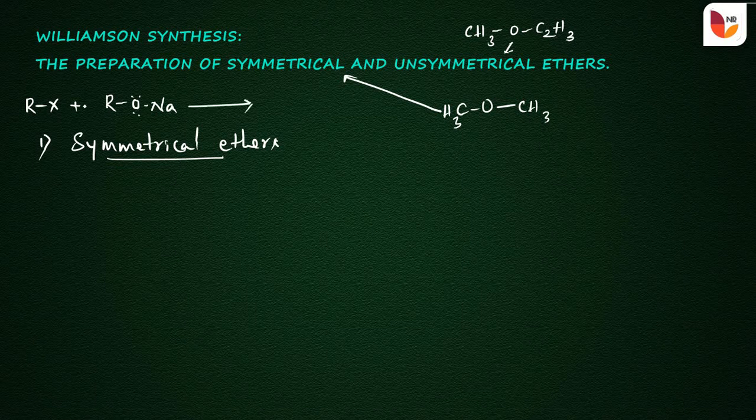So there is an elimination of halogen along with the sodium. That is, the negative part in the alkyl halide is halogen and the positive part in the sodium alkoxide is sodium. Sodium combines with the X, it eliminates NaX, and the remaining part is R, O, and R dash. So this is the general reaction of the Williamson ether synthesis.